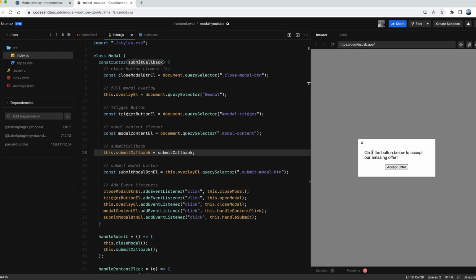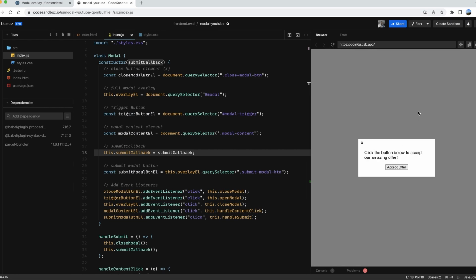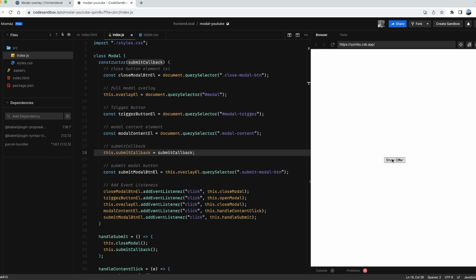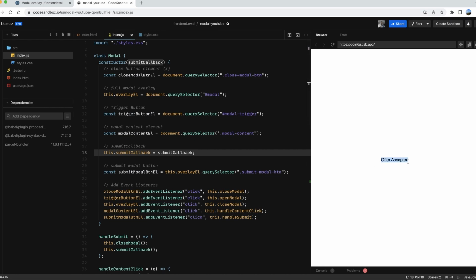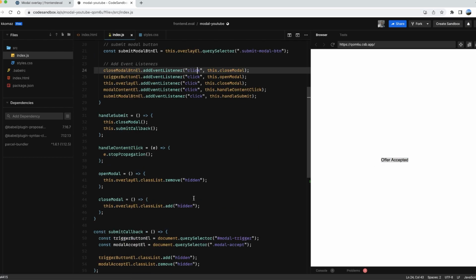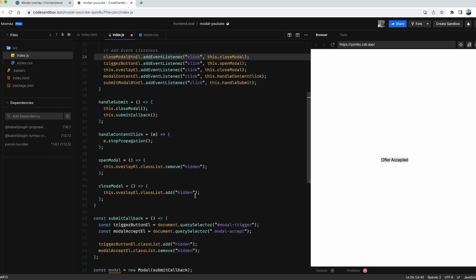We can click the button, we can close the modal, we can click the button, we can close the modal if you click outside of it. And last but not least, when you click show offer and accept, the offer is now accepted. Everything is working to our liking, and at this point, we want to now include some refactoring options if you